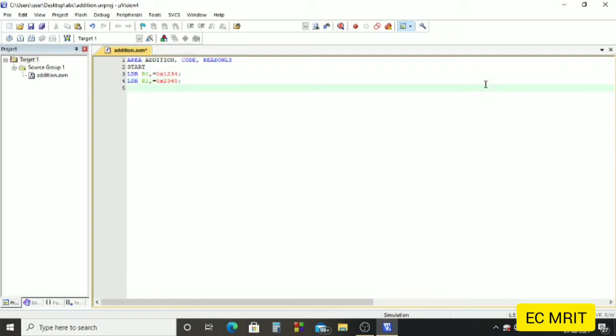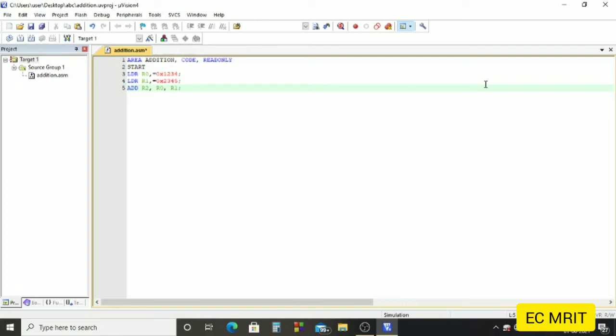Right. So now we'll write an addition instruction so that we can add R0 and R1. I will write the ADD instruction and I will save the result in the R2 register, and I am adding R0 and R1.